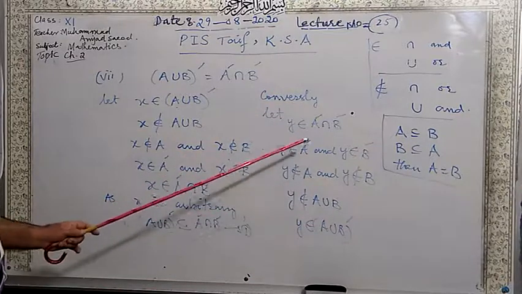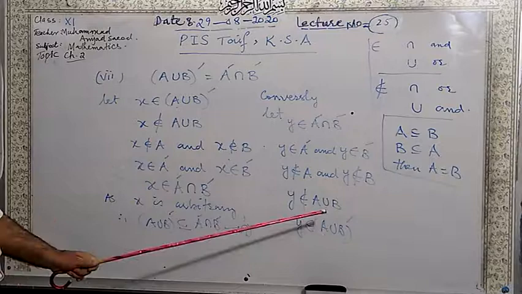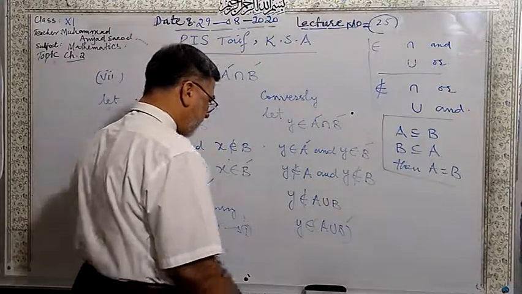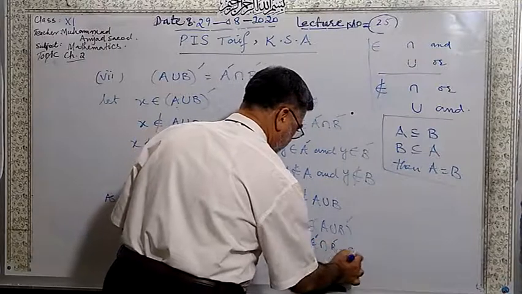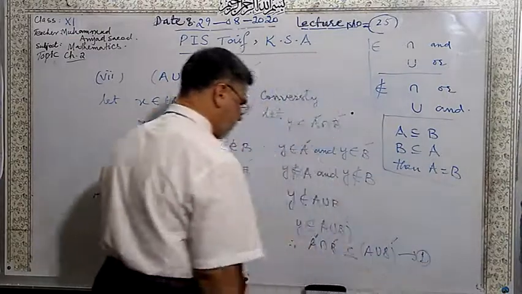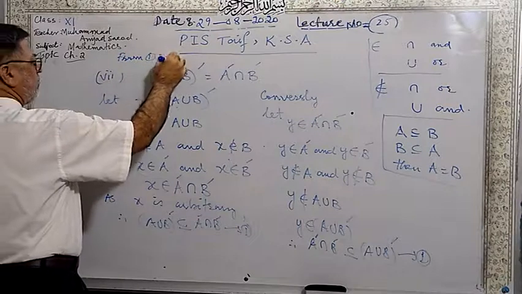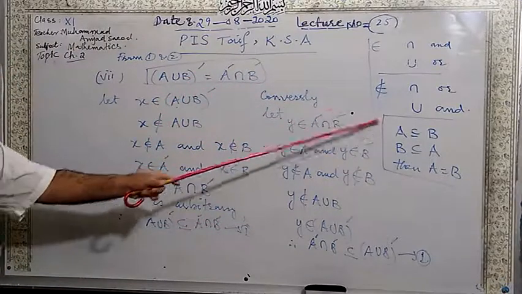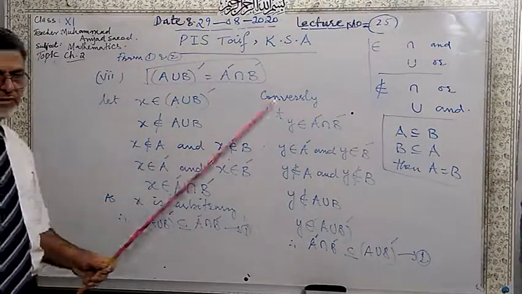So we got Y from the right hand side. We came, look at that. This is your left hand side. Right is a subset of left hand side. As Y is arbitrary, therefore A complement intersection B complement is contained in A union B whole complement. That is number 2. From 1 and 2, this is your result. A contained in B, B contained in A, then A is equal to B. We got that result.